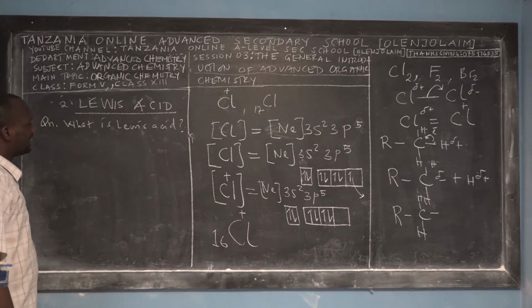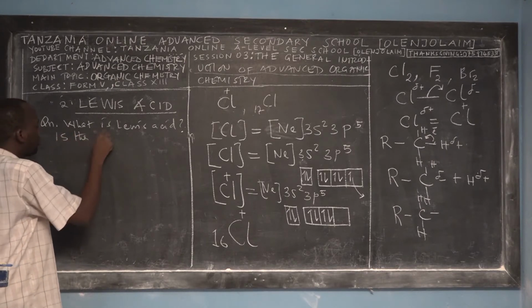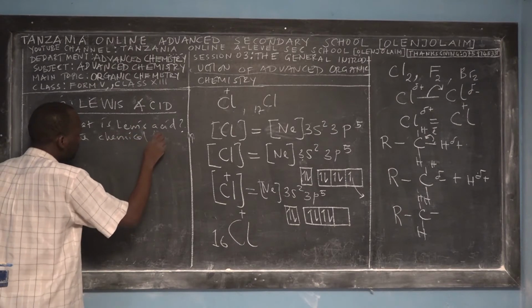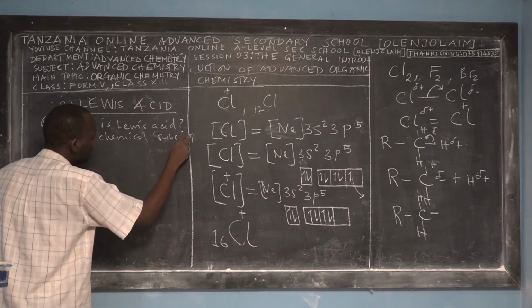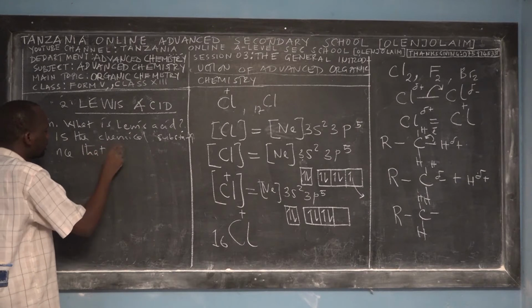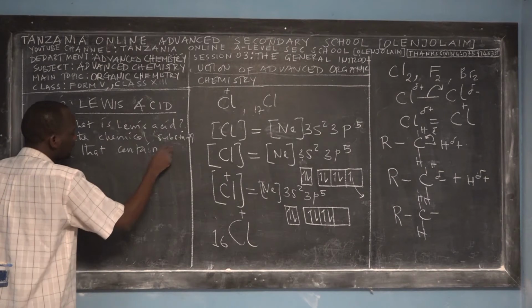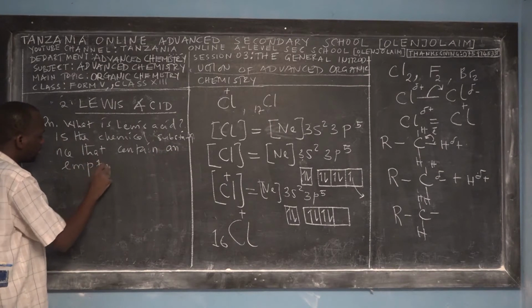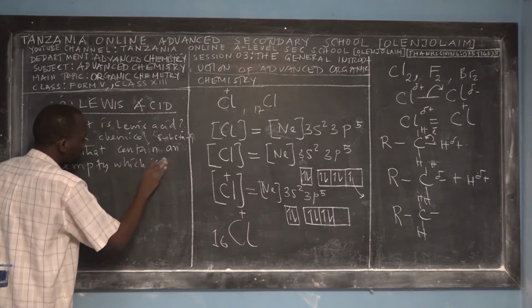So say, what is a Lewis acid? A Lewis acid is a chemical species or chemical substance that contains an empty orbital, which is capable of accepting